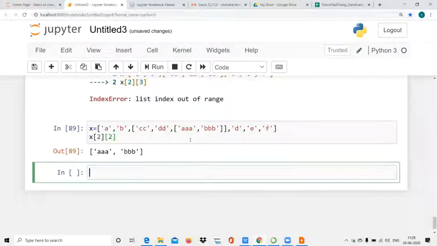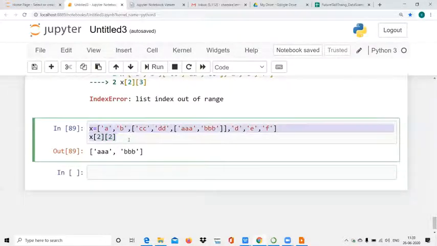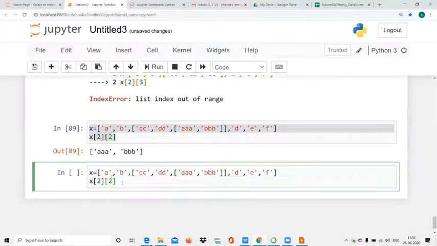So see, this is a nested list, a list inside a list, and inside that another list is there. Now I want to access the element of this element, so you may now understand the same way. One more dimension is there, so very simple.